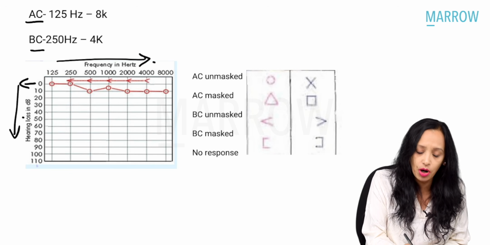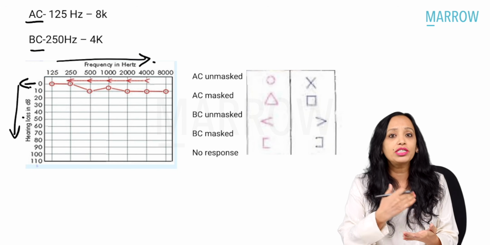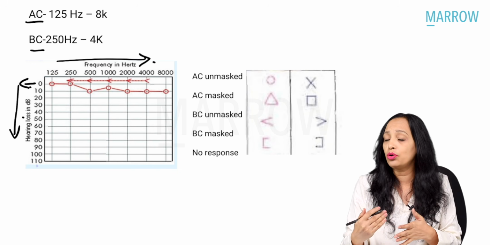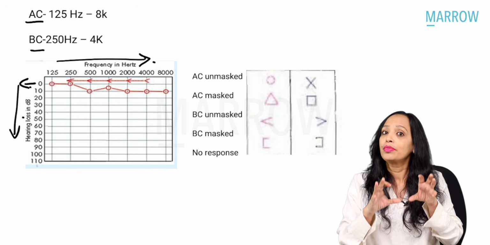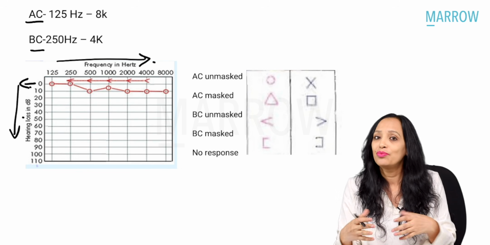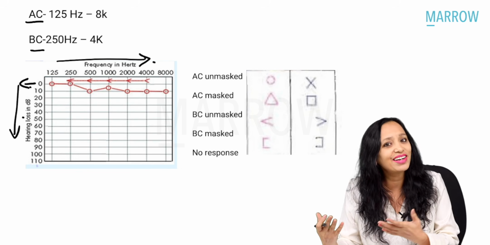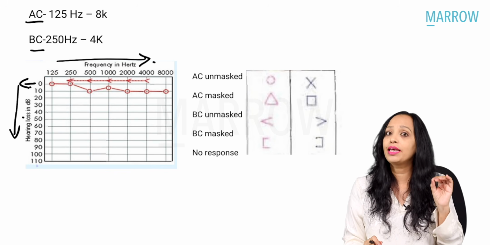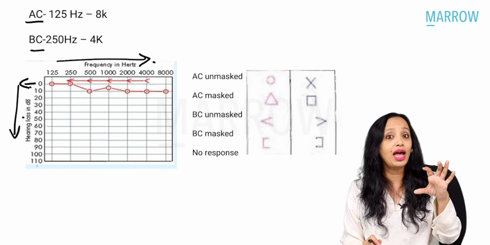0 decibel means what? 0 decibel means that the patient's hearing is perfectly normal. It is equal to what we consider as the reference for normal hearing, which means he has 0 decibel hearing loss, right? Okay, so now the first thing that we should know whenever we are seeing an audiogram is which